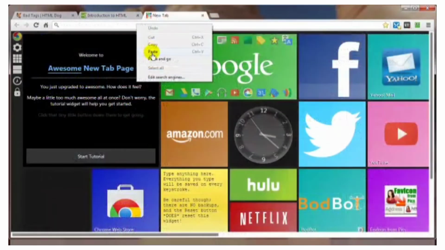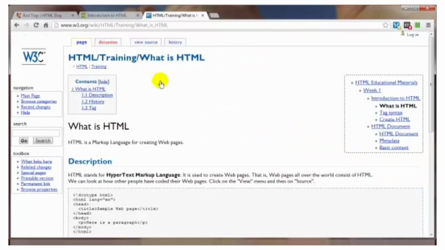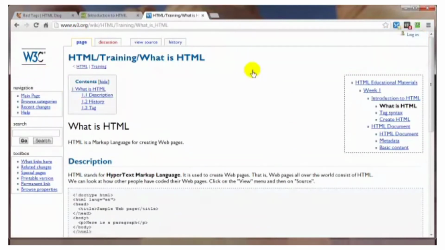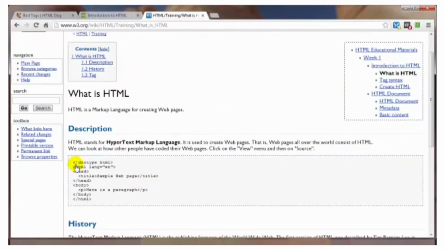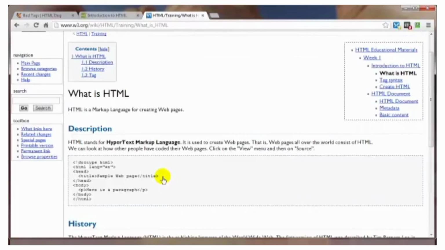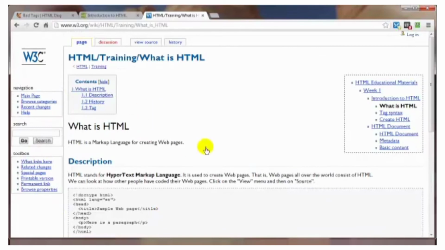Another one, and I refer to these on several occasions whenever I'm trying to figure out what a particular element does or how I can get it to do what I want it to do on my website. But this is w3.org. And like with HTML Dog, there's nothing on here that's screaming HTML5, but it is up to date. As you can see right here, the declaration they're using here is for HTML5. Gives you a little bit of a history background here and all kinds of tutorials and cool stuff all over the place here. And last but not least, my friend